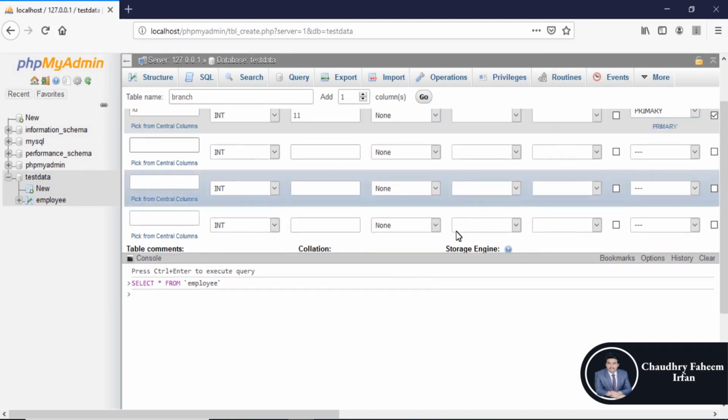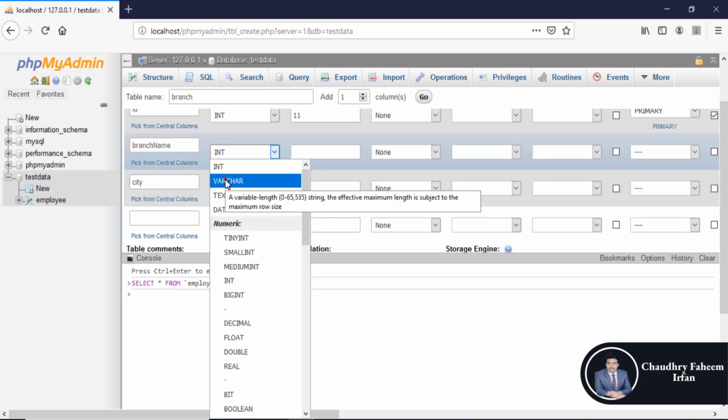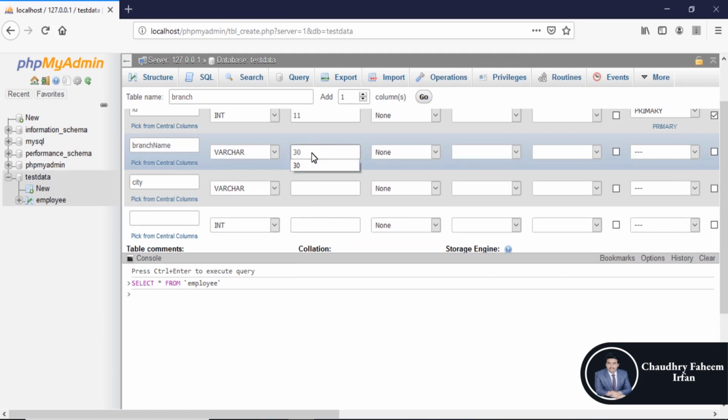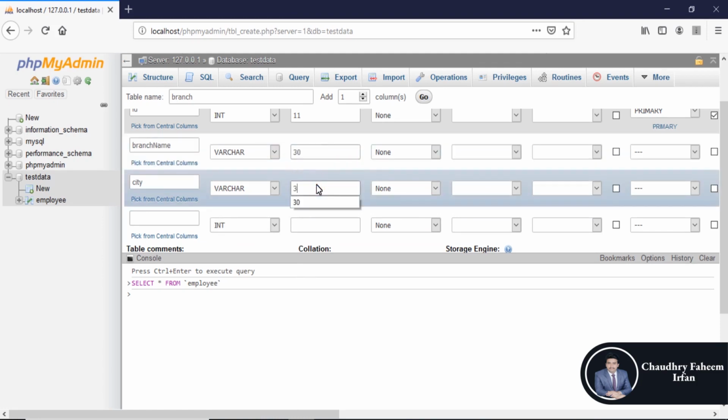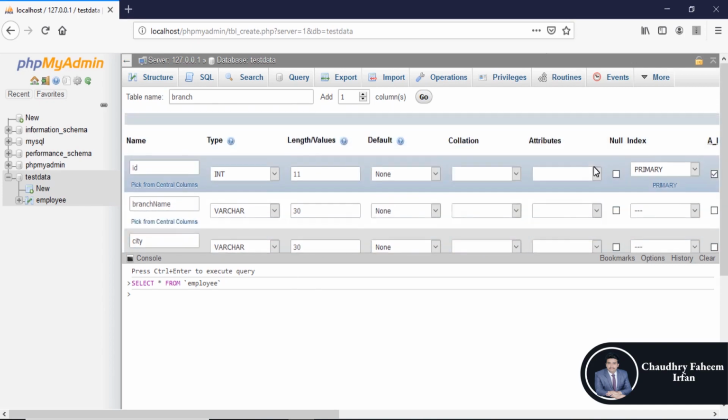And here is the branch name, branch city, which is varchar, also varchar with length 30, and save it.